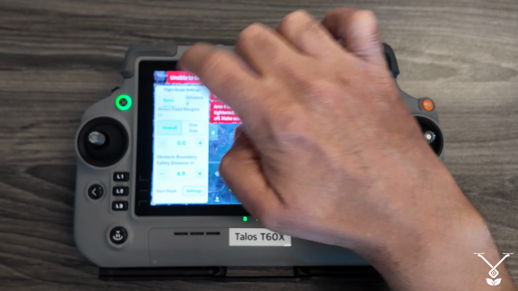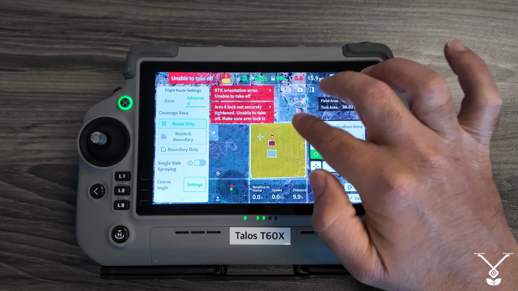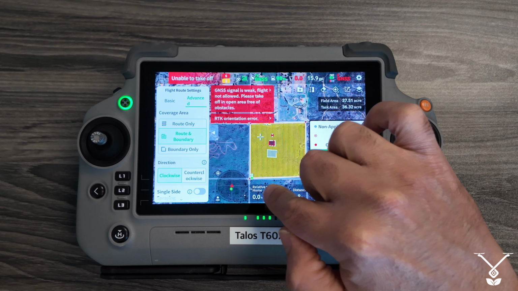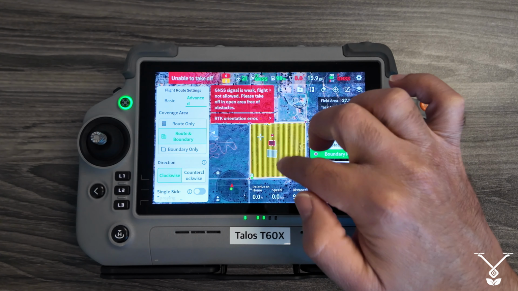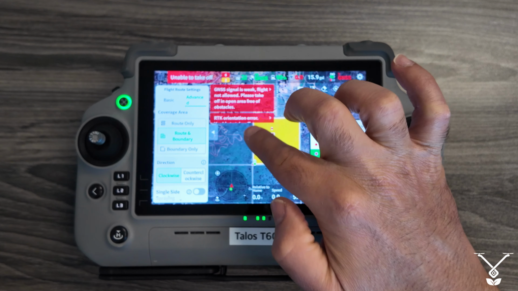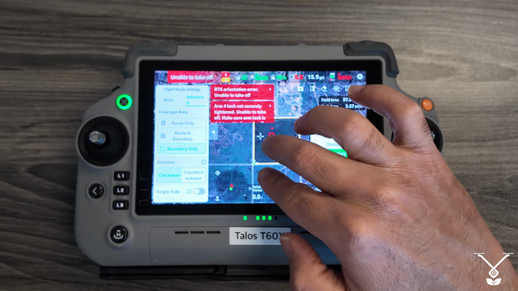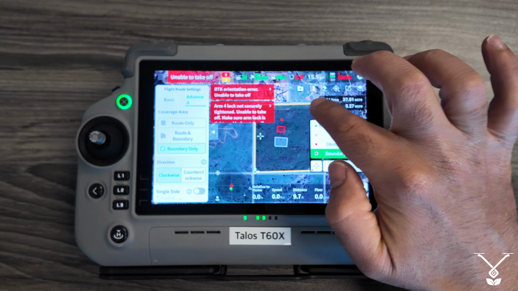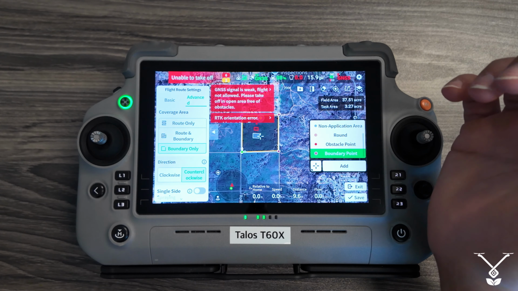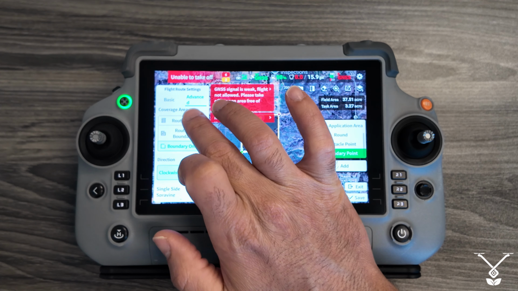There are advanced settings here. This is row only, meaning that it will spray the yellow areas. If I say row and boundary, it creates this orange line around it, meaning that after it sprays the field, it goes around the field and sprays one more time around the field. Or you can just say boundary only. What it does is that it only sprays the boundary for you. And you can change it to clockwise or counterclockwise. If I go back to row only,